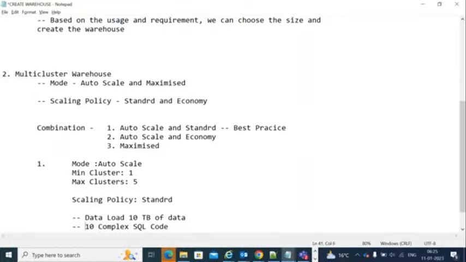You're submitting 10 complex SQL codes to execute and retrieve the data from Snowflake. Here also, it will calculate internally. Suppose the user XYZ has submitted around 3 queries, the user ABC has submitted 4 queries, and another user has submitted 3 queries. So multiple users have submitted queries to Snowflake to execute. Totally, we have 10 queries in the